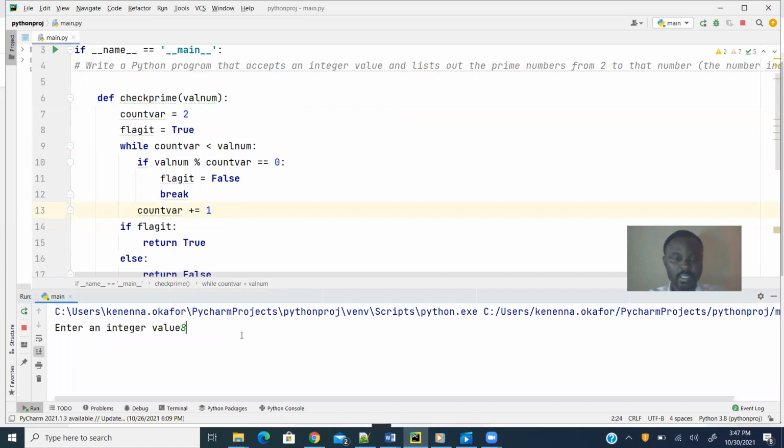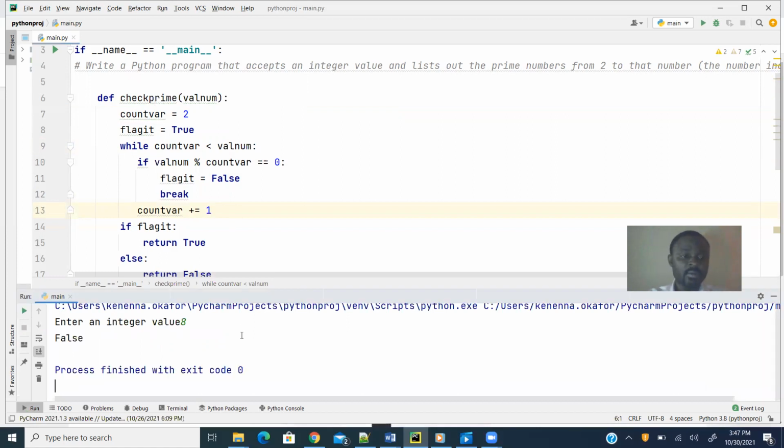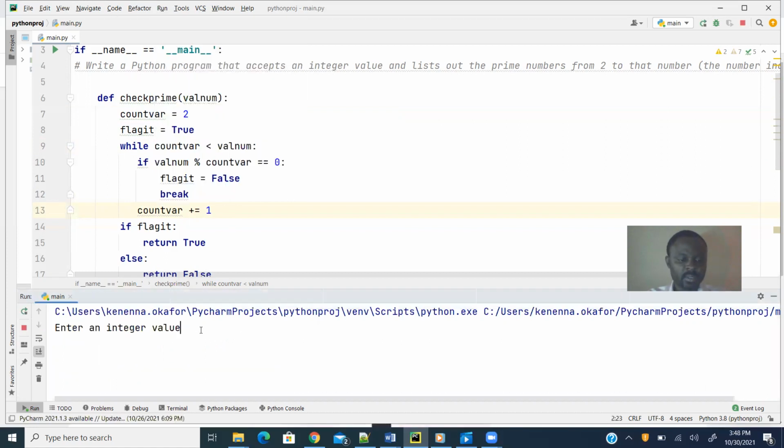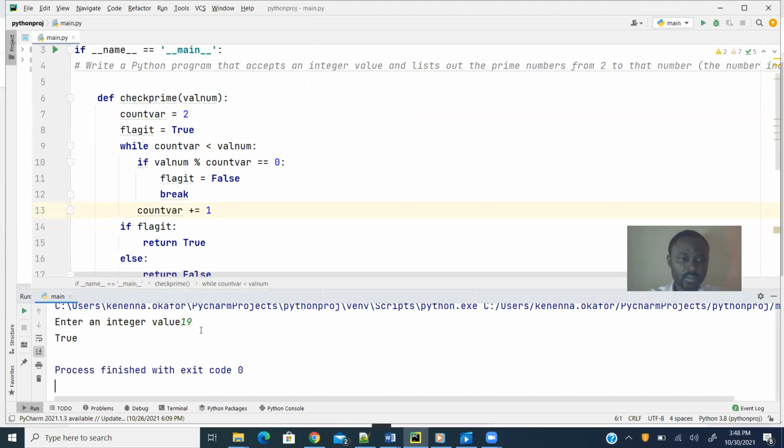Okay, so 8. False. 8 is not a prime number. We know that. Let me try 19. I'm sure that 19 is a prime number and see what it tells us. 19. True. Yeah. So that's it, guys. The first part of the question, we've answered the first part, which is just tell us if this number is